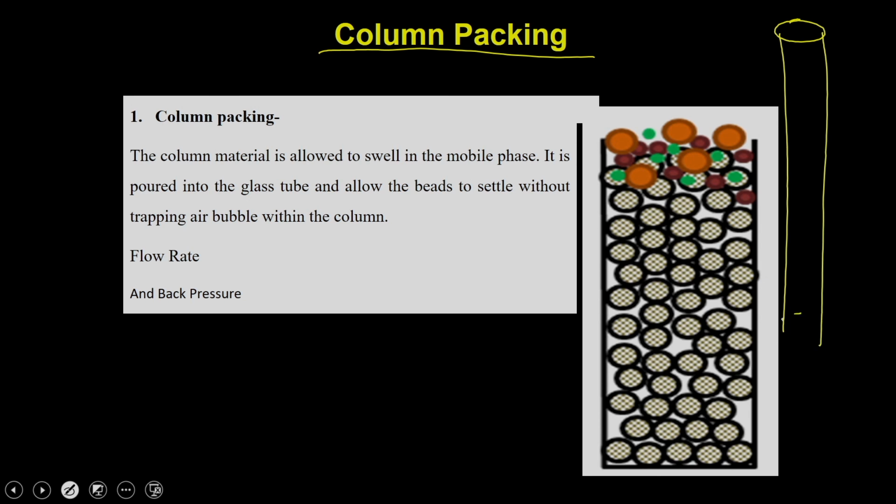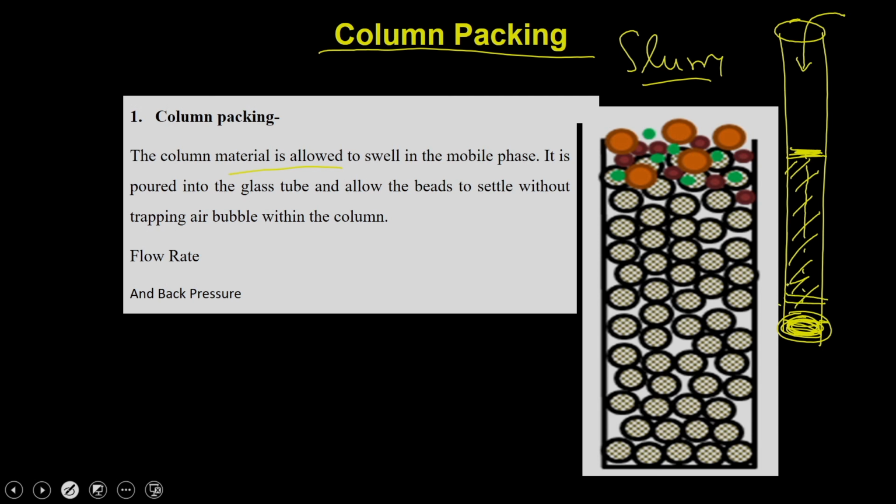tube, or you can take the column as well. First you clog the column with the help of cotton, or you can use glass wool. Then you fill the tube 50% with water, okay, and then you start pouring the column material, which is present in the form of slurry. Once you pour, the slurry is going to settle here and then starts falling into this, and then